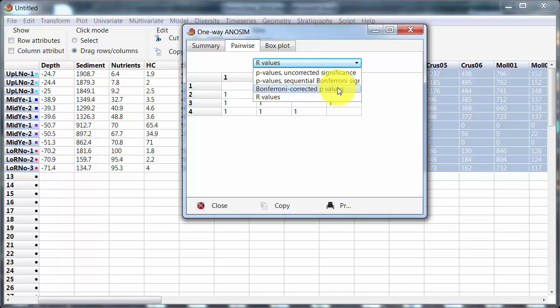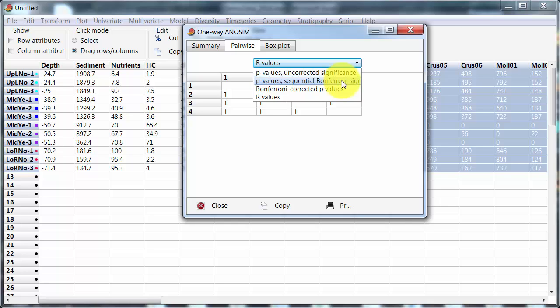Bonferroni corrected p-values will be the most conservative option, and generally people avoid that now because it is far too conservative. The sequential Bonferroni, honestly I don't know how that works, but it's a mixture between uncorrected and Bonferroni corrected. There are now multiple options for ways of correcting p-values when doing many sequential tests on the same set of data. So